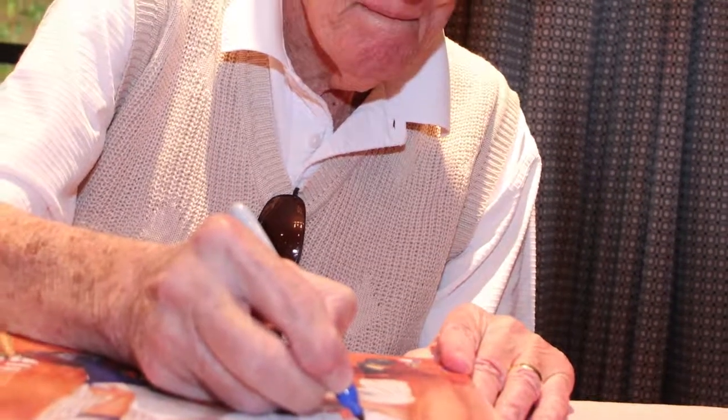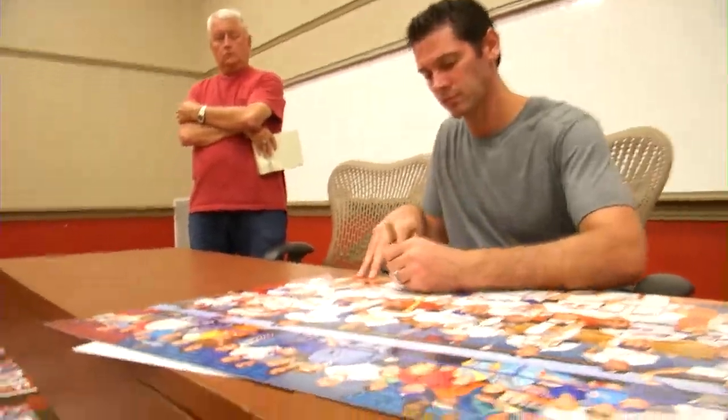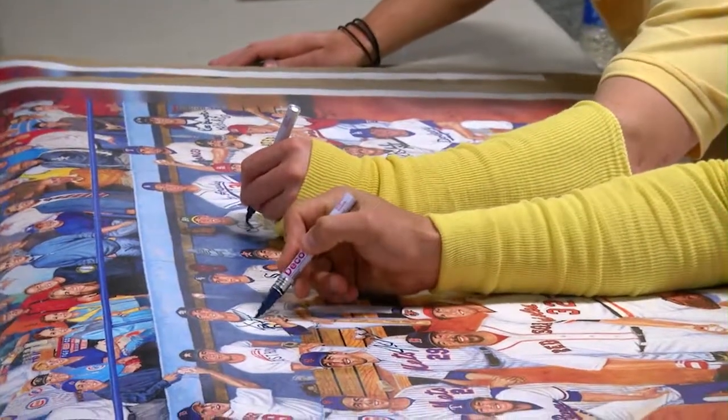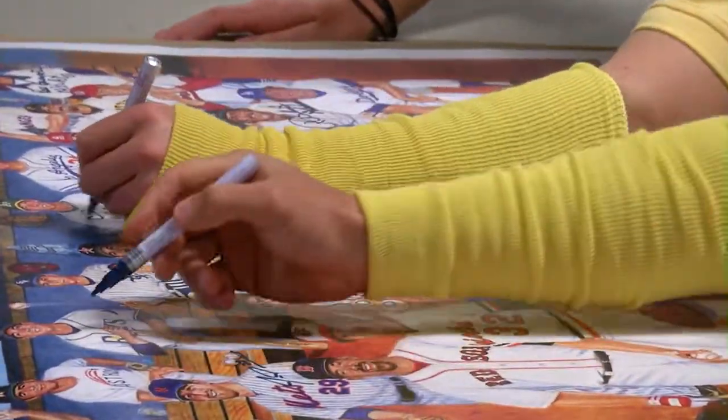A couple other players, Al Rosen. He's not big on signing autographs. He's not big on doing these types of things. He's 88 years old. He's probably tired of all this, and he was not a big fan at first of this project. Took a little coaxing, but as of now, he's one of the biggest fans of this project. Sean Green, same thing, another big name that came on kind of early. I realized it was the players that wanted to be in the print,